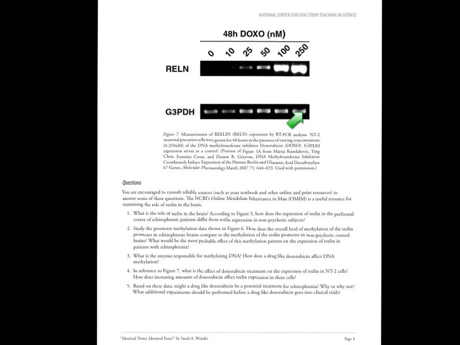The concentration, I think you would agree, stays about the same across all the samples, whereas with reelin, you get a lot more reelin if you inhibit this enzyme, suggesting that the methylation of that particular region in the DNA is impacting how much reelin an individual has. So it's important to understand that this is a big deal. This particular study shows you clearly that this is at least one thing that impacts the development of schizophrenia